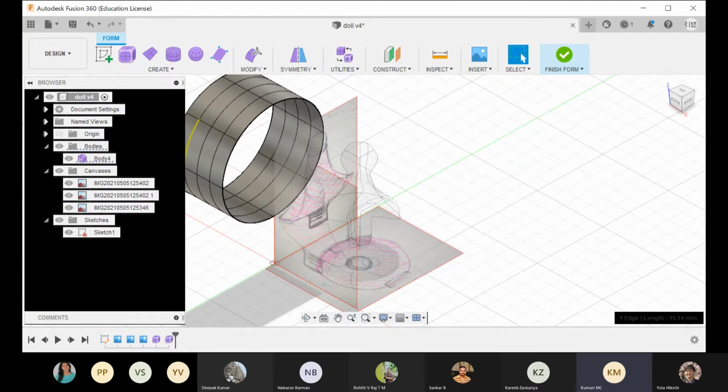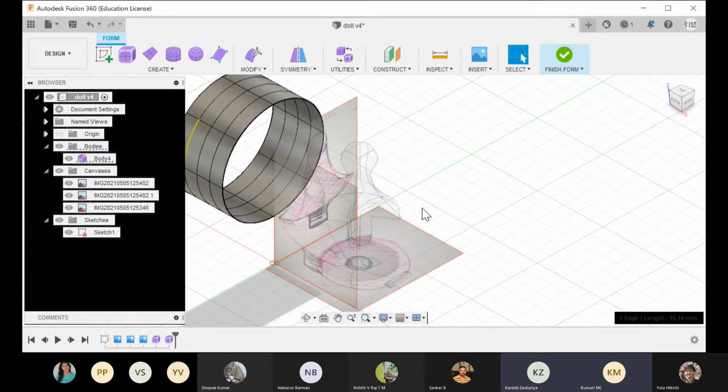Can you hear me? Yes, sir. So you made a cylinder and a sphere and you joined them, right? Yes, sir. I want to make one point here. Shankar asked how to join two surfaces together, right? So this is how you do it.